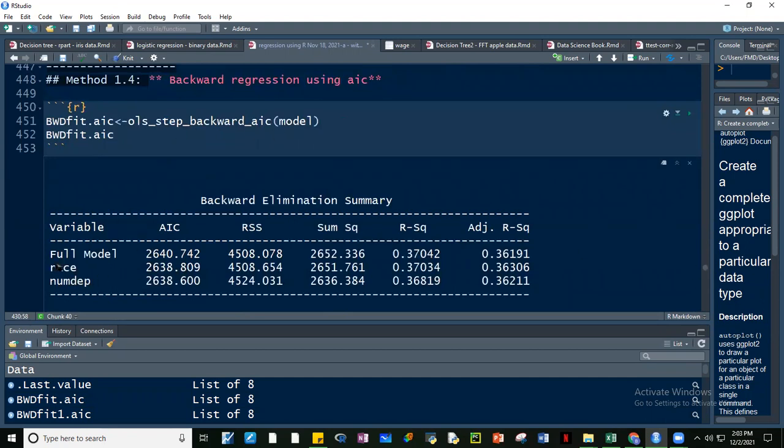Full model. Ang tinanggal na lang niya si race at saka si number of dependents. Okay? Kung lahat daw ng variables kasama, AIC is 2640. Pag tinanggal lang natin si race, 2638. Pag tinanggal natin si number of dependents, 3638. Okay, so binase lang niya sa